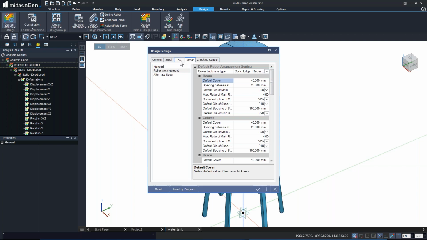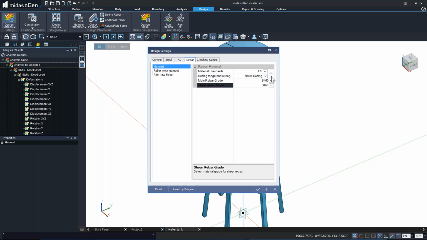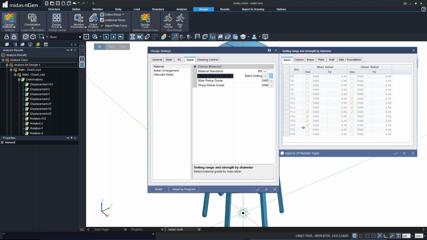Also, you can check these rebar arrangements right over here with the help of this path setting range. The program is going to select out of these reinforcement diameters and utilize them for design purposes. So that's beam, then column right over here, braces, plates. You can select higher diameters as well and unselect the lower diameters for the main rebars, which maybe you're not using. Similarly, for the walls, I'm using the higher rebars over here for our water tank,